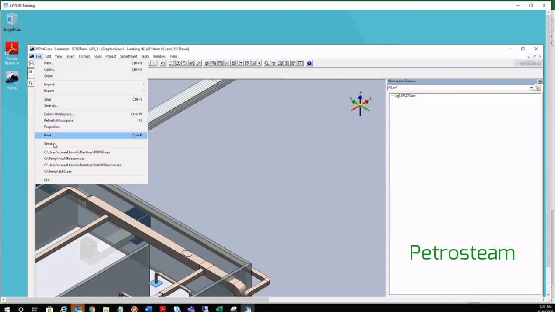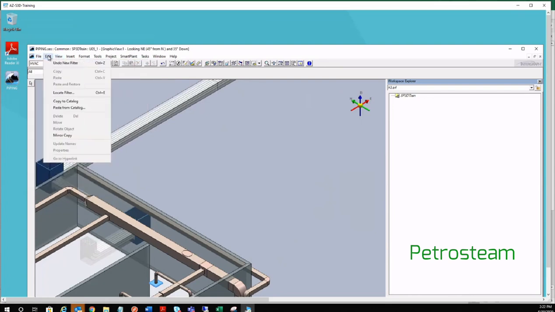Then next is print, you are not going to use, send, you are not going to use, and all these are the recent session files you have opened. So to quickly open some other session which you have used recently, 4 session files will be available for your selection here. This is all about file commands we have gone through till now.